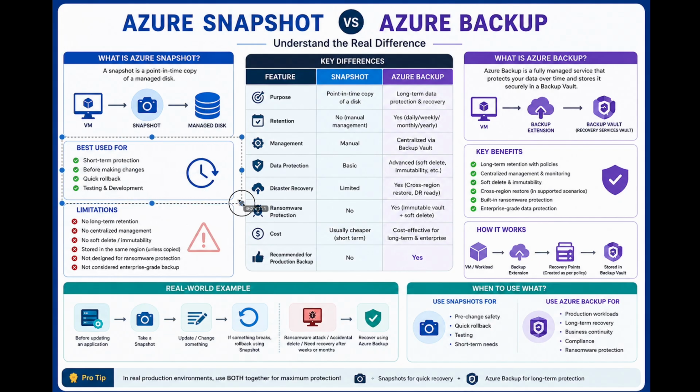Snapshot is basically used when you want short time protection or before you make changes to your virtual machine, which can lead to an issue. At that point of time, you would need a snapshot for a quick rollback and for testing and development purposes. Suppose you are mitigating a vulnerability or upgrading an application, and you want a copy of your virtual machine before actually making any changes, so that in case something goes wrong, you can revert back